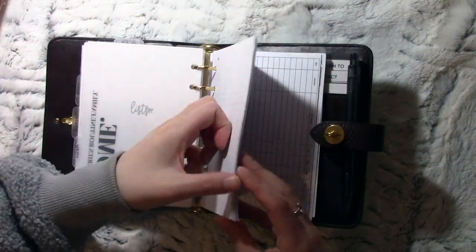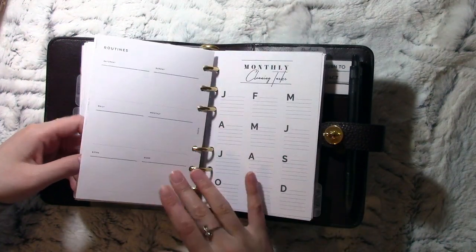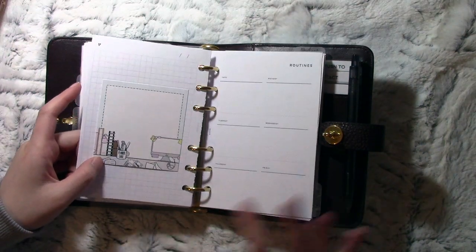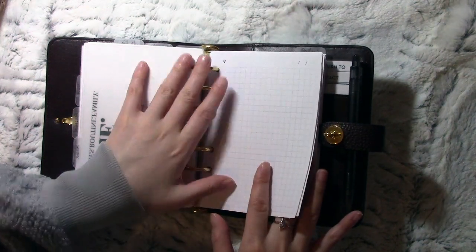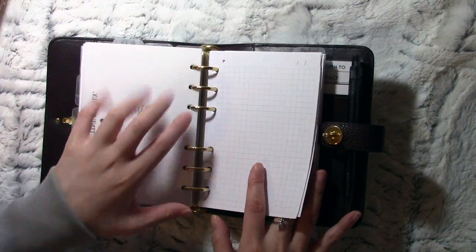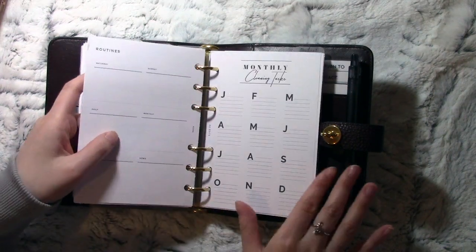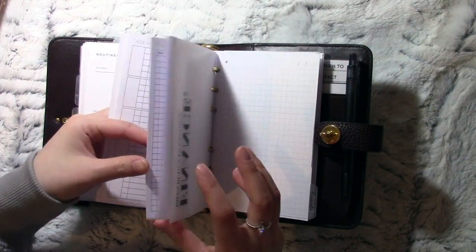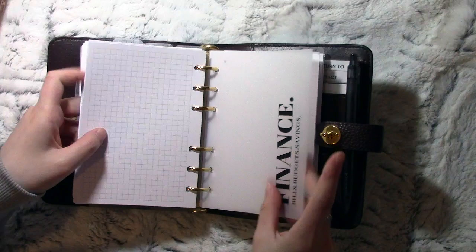And then for home, I am thinking of adding in groceries, a very smaller insert list than the many pages that I have in my Pocket Excel, so I'll just shorten it so it doesn't add in too much room, too many inserts into the rings, as it's only 23mm for this one. So I have a routine, so cleaning routines, what to buy for home, basically menus,